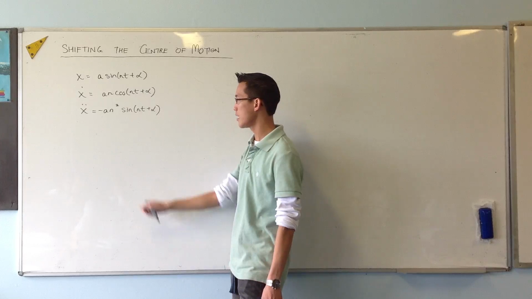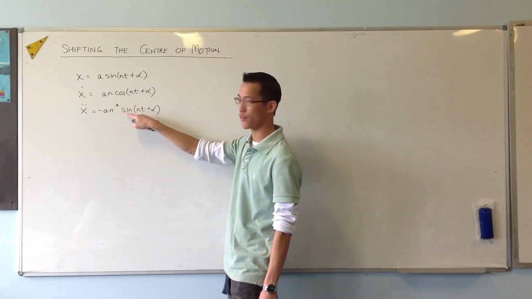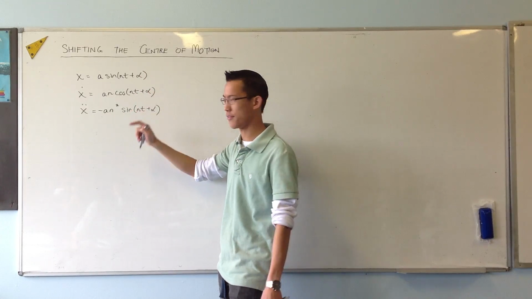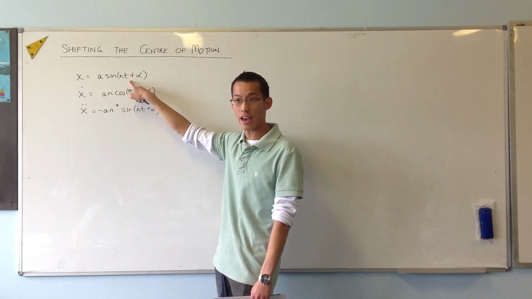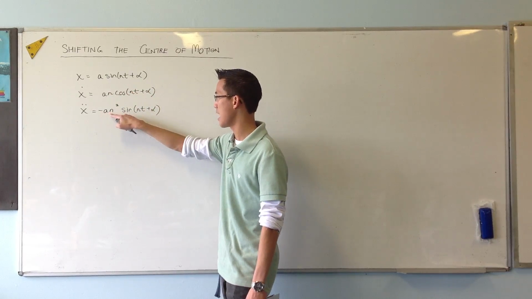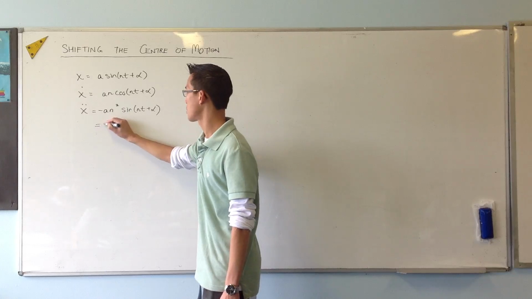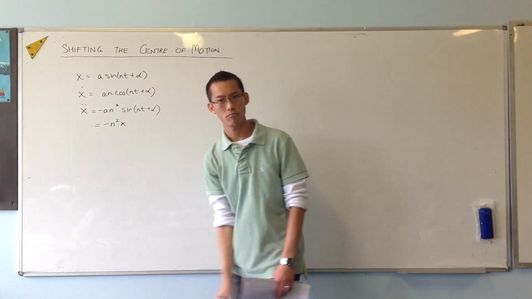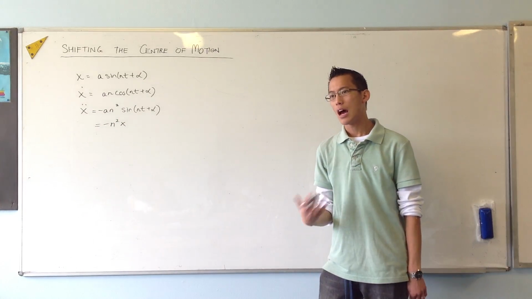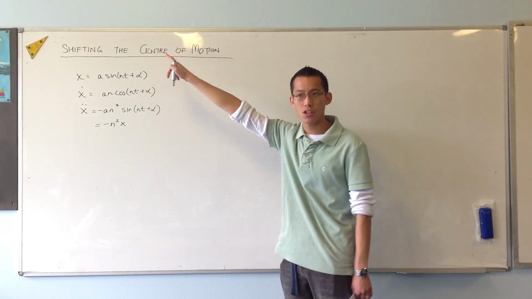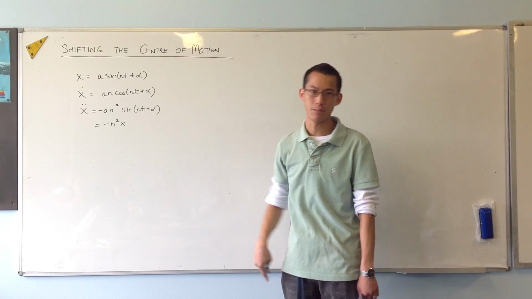Okay, so you can see now, if I put this a over here, which is a bit of a weird spot to put it because it's not alphabetical, you can see that it's just x. And there's my minus n squared. So there's my differential equation. All happy? Now if I want to reposition the center of motion, move it up or down somewhere else,